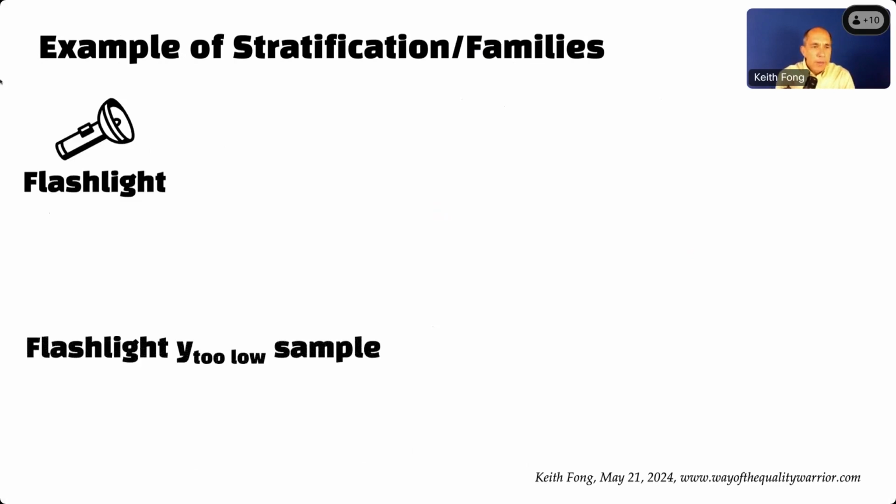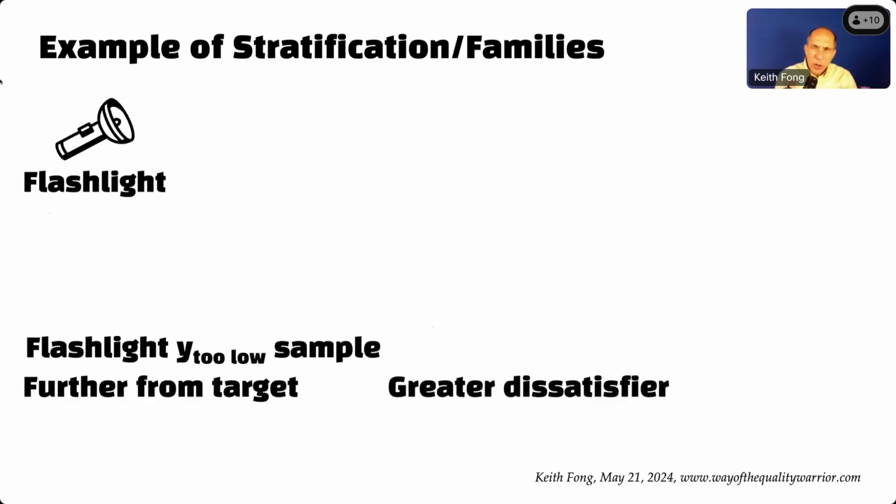So the first thing to think about is, first we've got to pick a bad one, right? We have parts that are too high, parts that are too low. I'm going to take the too low. I'm going to just use that to work with. So with my flashlight, which is putting out low amounts of light, I'm picking that because it's further from the target value of 300 lumens, being 180 lumens, and it's also a greater dissatisfier, right? When a flashlight isn't as bright as you want, it's like, hey, I was expecting better vision, and it's not helping me. So again, I'm sort of arbitrarily picking one in this case,